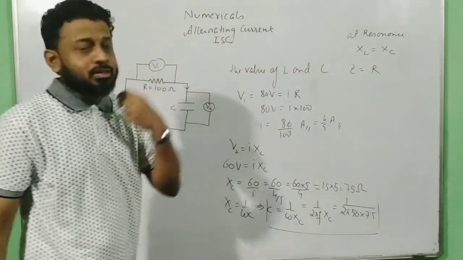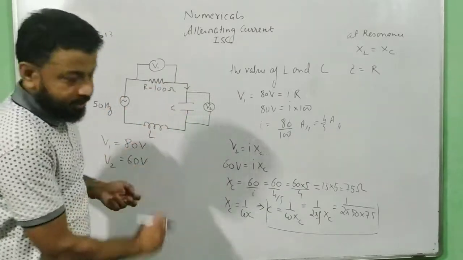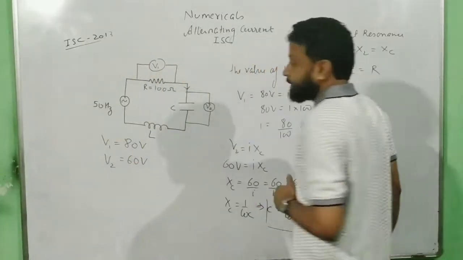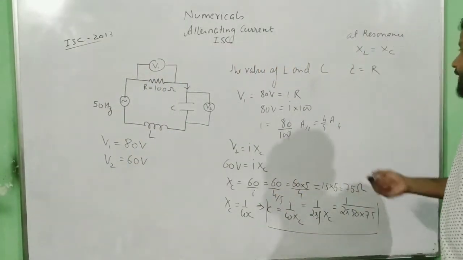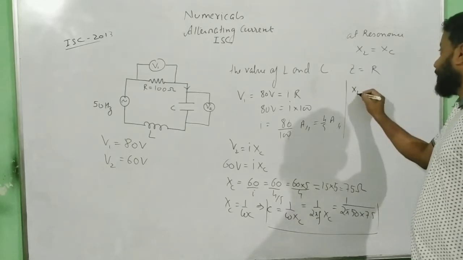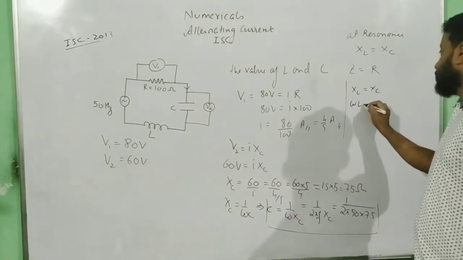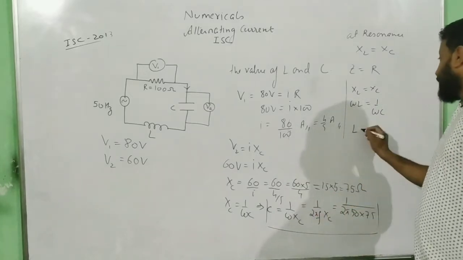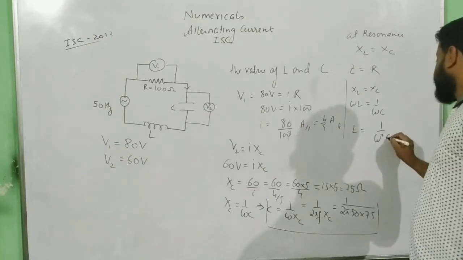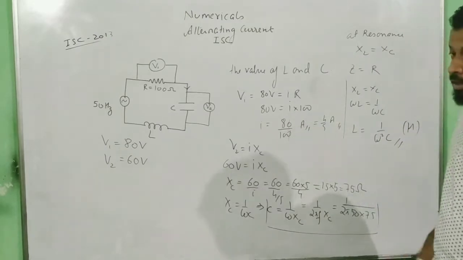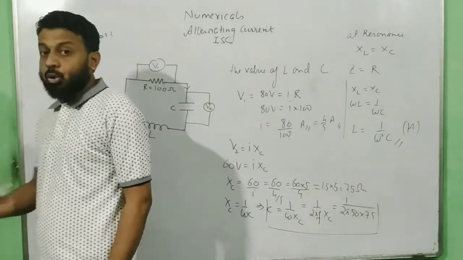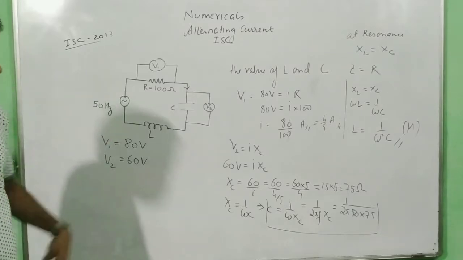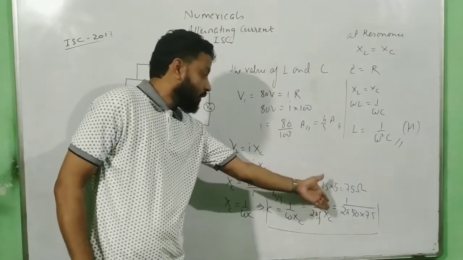But I want to find something more. Let us say I was modifying it. Let us say I want to know what is the value of L during the resonance, if 50 Hz is the resonance frequency. So if 50 Hz is the resonance frequency, I can find from XL is equal to XC. So XL is equal to omega L is equal to 1 by omega C. Remember, by this time I know the value of C. So L will be equal to 1 by omega square multiplied by C, and the unit will be Henry. Okay, so you can find the inductance also, provided you know the value of resonance frequency, which is 50 Hz. But that you can find only after finding the value of C.